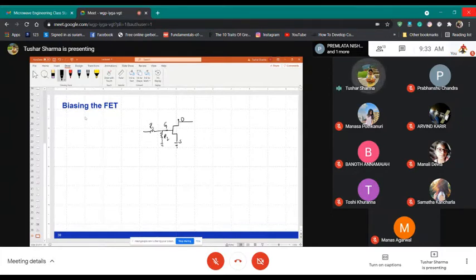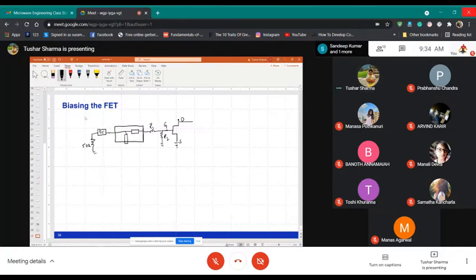Then from here you did your input matching. Your input matching is a transmission line and an open stub. Okay. And then here you have a DC block, and it's connected to 50 ohms.